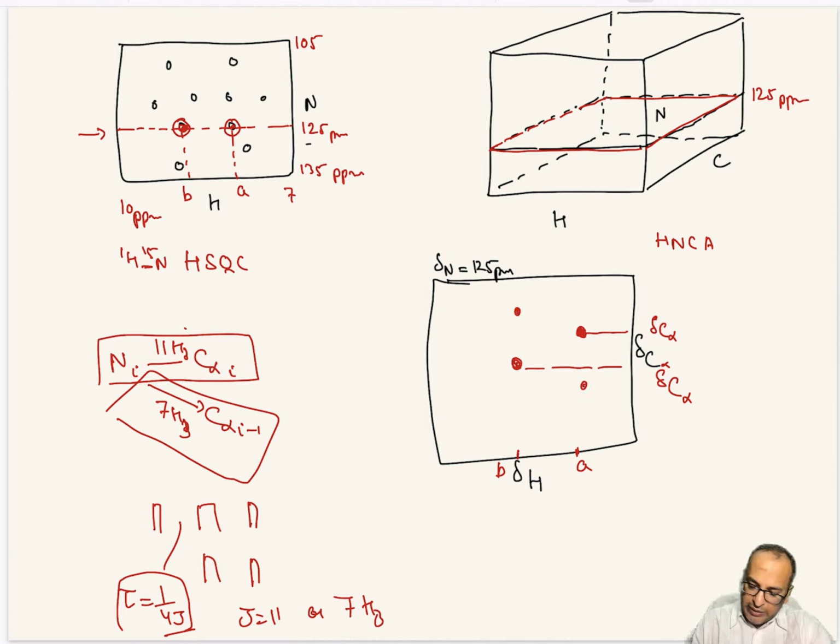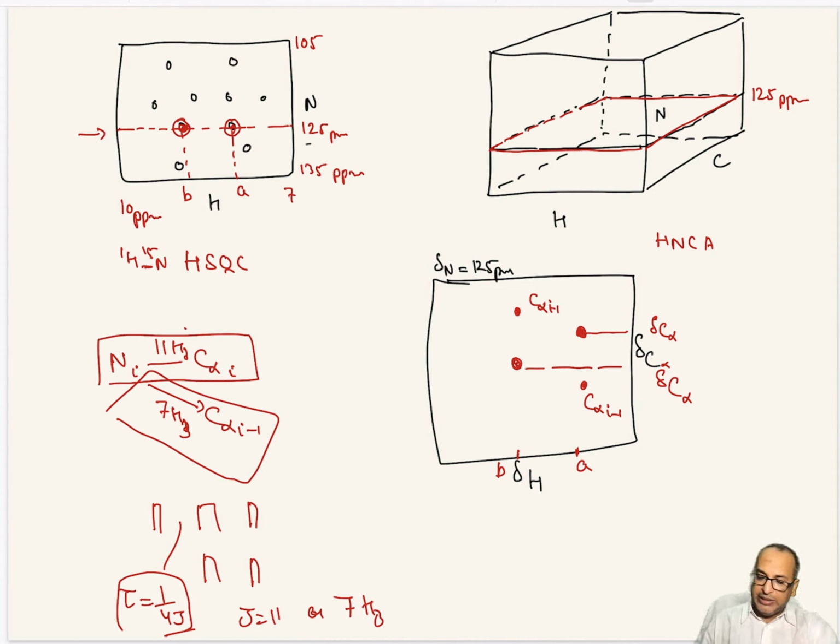So the low peak I'm showing with a narrower dot. Now this is nothing but C alpha of the I minus 1 residue. This is also C alpha of the I minus 1 residue. So the point is that for each HSQC peak, each proton-nitrogen correlation peak, you should get two peaks in that particular nitrogen slice, where one peak, the high intensity peak, is of C alpha I, and the other, low intensity peak, is of C alpha I minus 1.